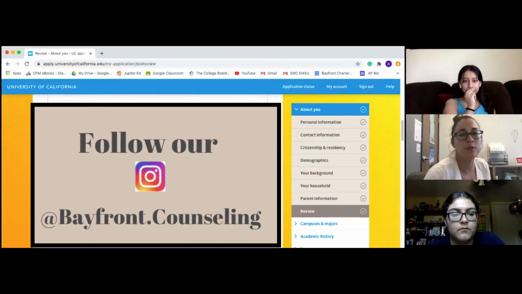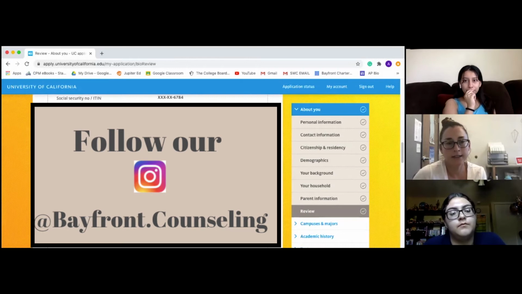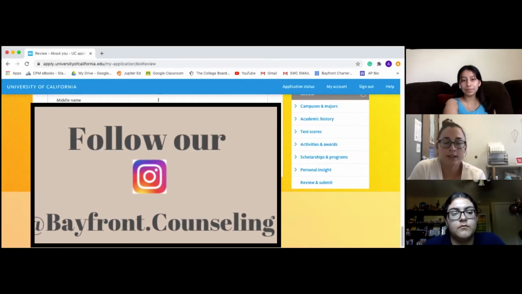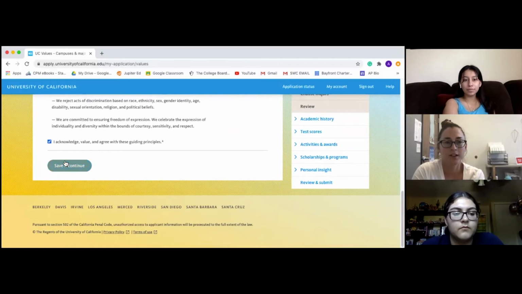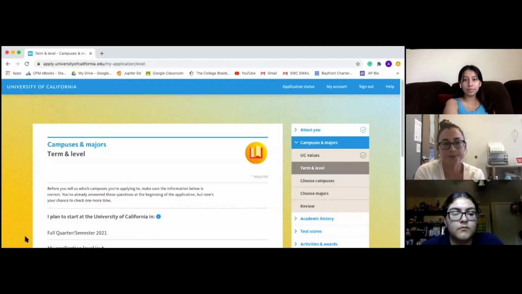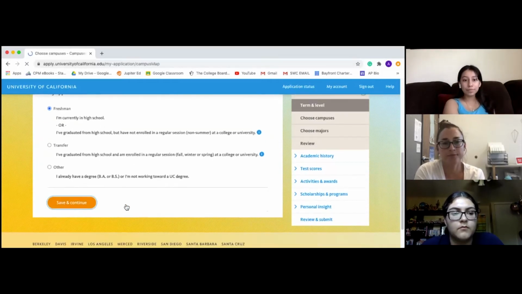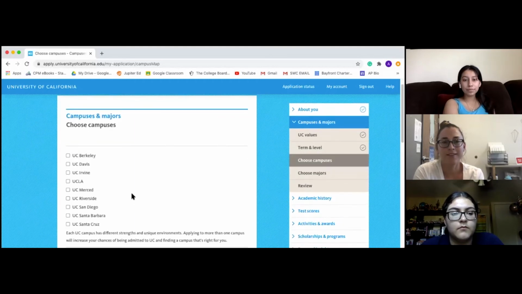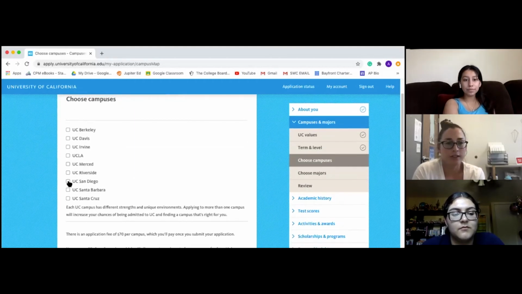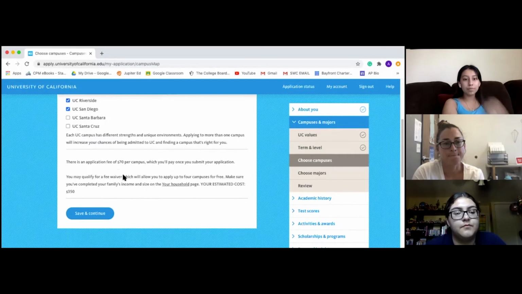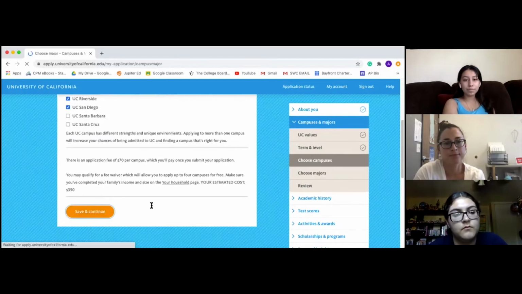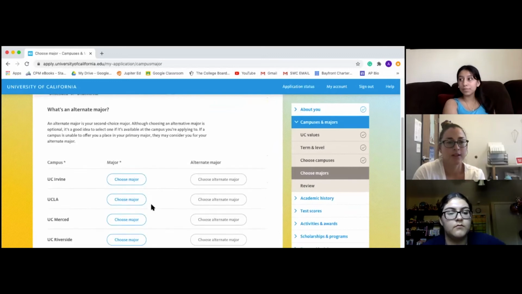Perfect, so now you can just review all your information, make sure it's all correct. She agrees with the UC values. She's gonna apply as a freshman. And then they have this nice little graphic. So you'll choose each school and then you'll choose the majors within that. Perfect, and you can always go back and change this. Okay, so now she's gonna choose the